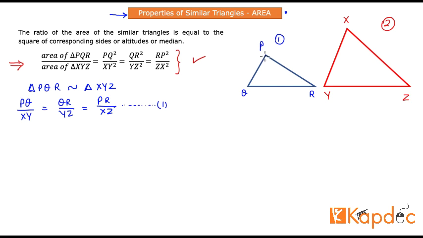Now let us do this. Let's drop a perpendicular from vertex P to the base QR. So that's our first perpendicular, and likewise drop a perpendicular from vertex X to the base YZ. It meets at the point T and this meets at the point S. Okay, and you can also state very clearly that these are right angles because we have dropped a perpendicular from the opposite vertex, correct?